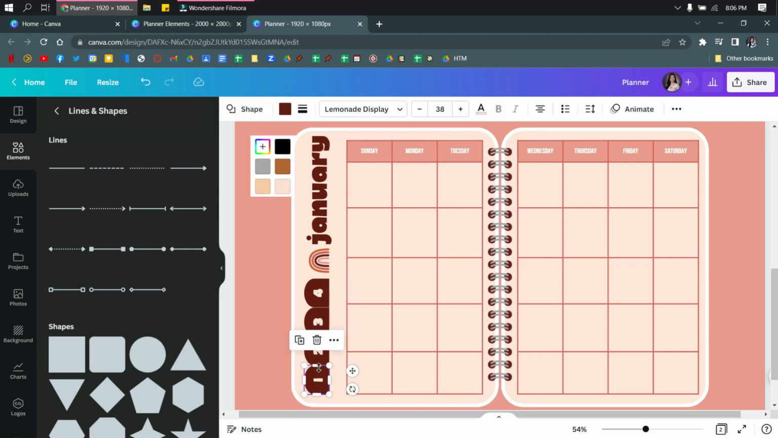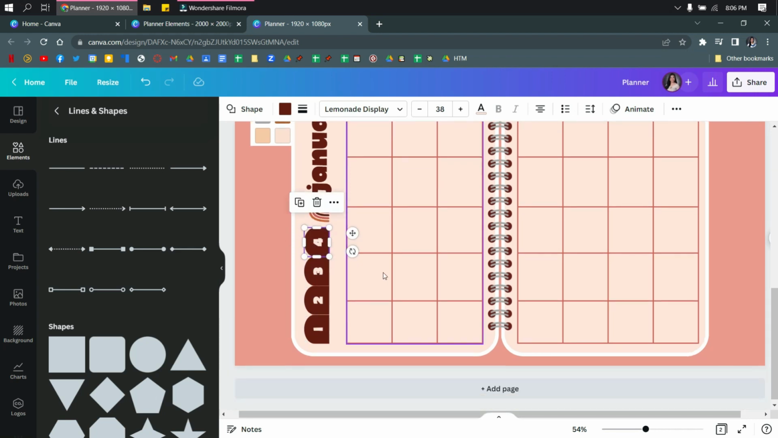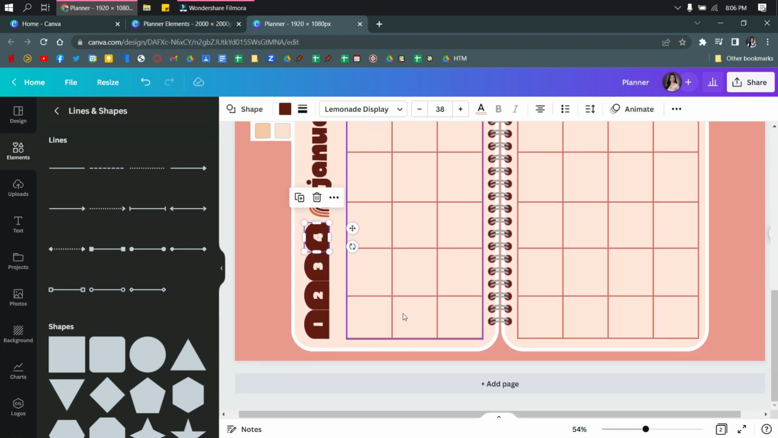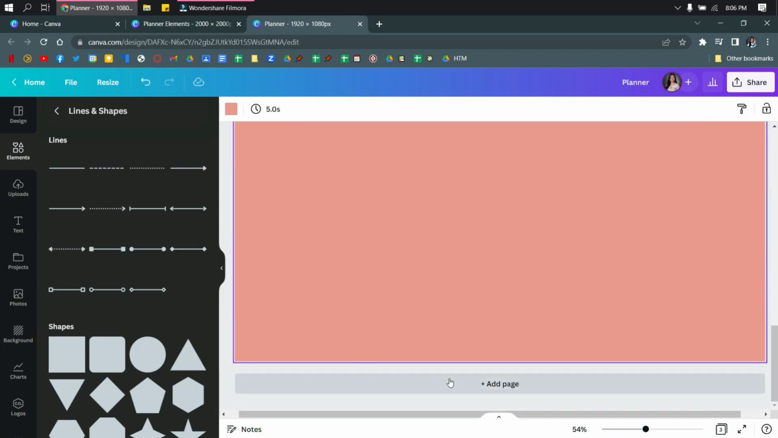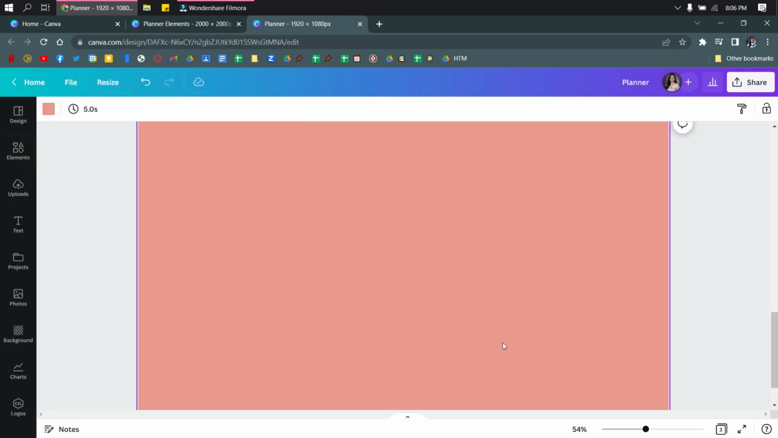So these will serve as tabs to the daily spread or weekly spread. So this is something like week 1, week number 2, week number 3, and week number 4 of the month. So to do the weekly spreadsheet, we will click add page again, and then